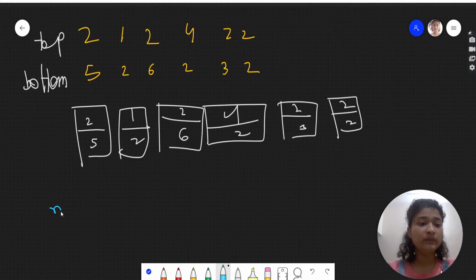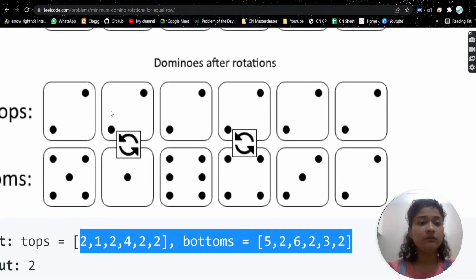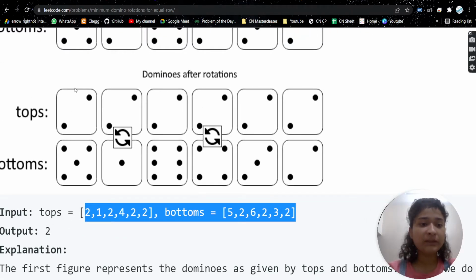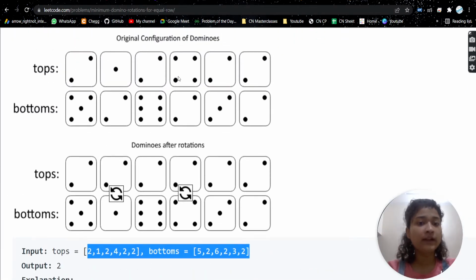Okay, so now we have to do the minimum number of rotations, so that either the top values are all the same or the bottom values are all the same. Here we changed to 2, we picked the value 2. Why did we pick 2? Why didn't we change all the values to 5? Or why didn't we change all values to 4?